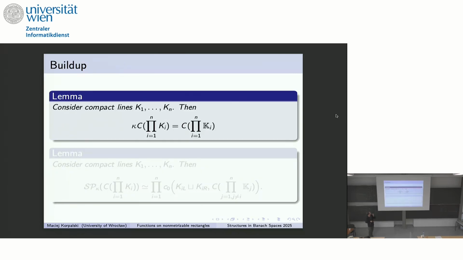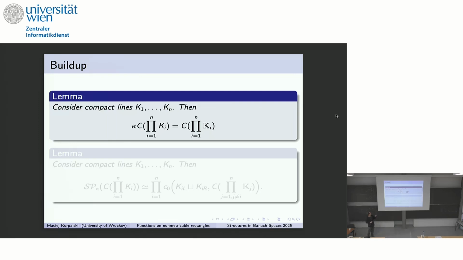Okay, and now let's go to the main problem, which I was referring to earlier. The first thing I want to characterize is this space kappa C of K, where K is a product of compact lines. So I've said that for the space K we are doing this space capital K. This space depends on some cardinal I fixed before, right? So we assume that we have some fixed cardinal kappa here.